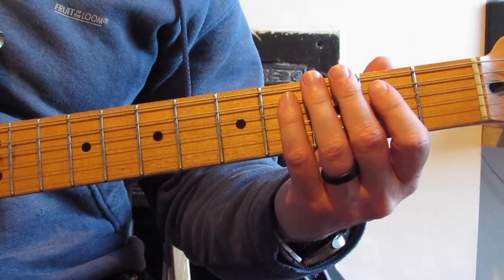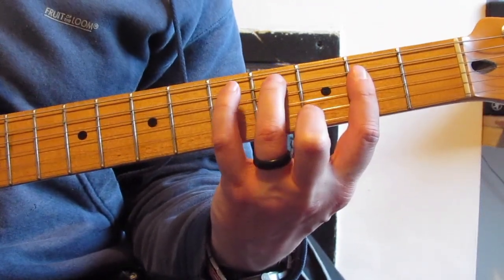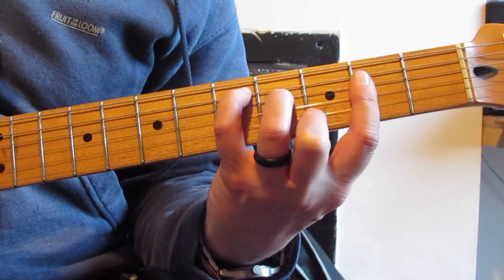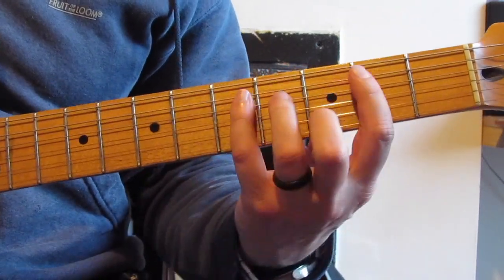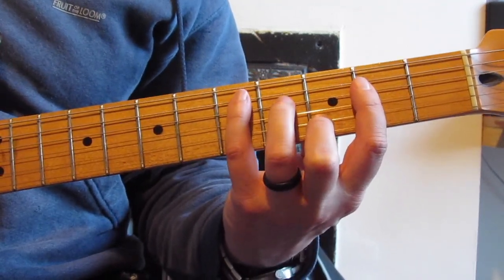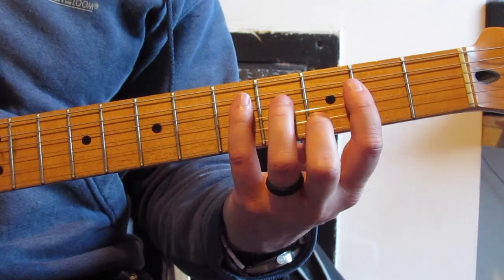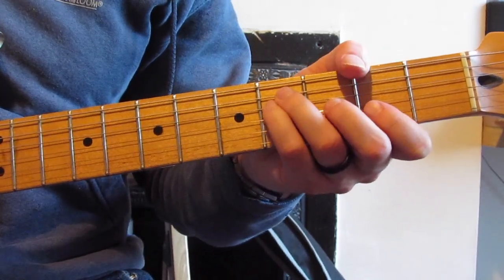This is one of those riffs where there's not a lot going on with this hand. It doesn't look like I'm doing that much. But there's a lot of just different picking going on. But it's not too bad once you can get comfortable with this shape. Bar 4 is exactly the same as bar 2, so it's the F sharp shape, so it's going to be...